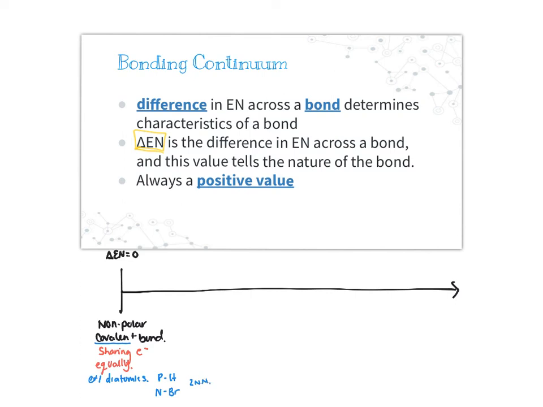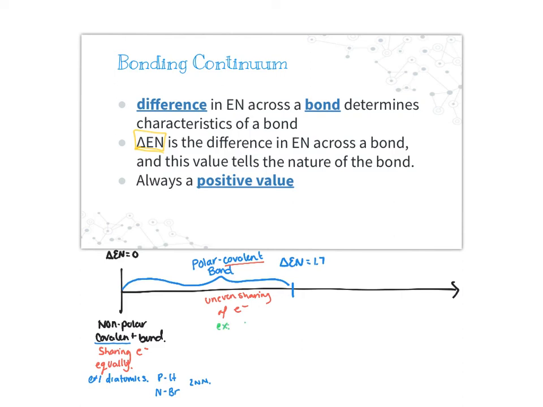All right, we can go all the way up to a difference in electronegativity of 1.7. In between 0 and 1.7, we call this a polar covalent bond. Polar because there's uneven sharing of electrons. Covalent, again, because they are sharing. So uneven sharing of electrons. Some examples here